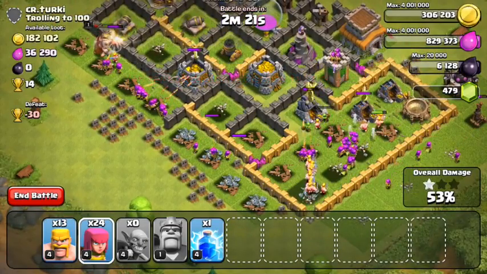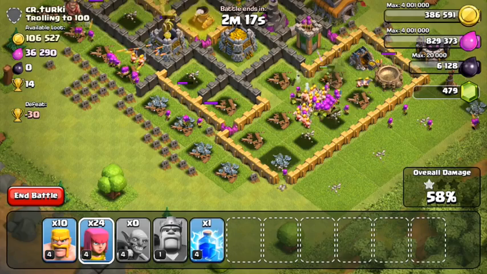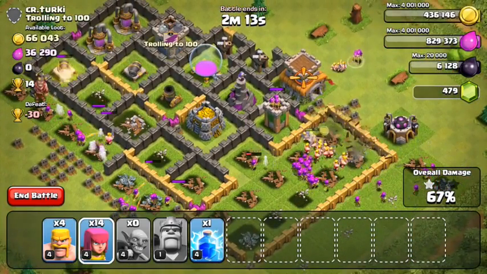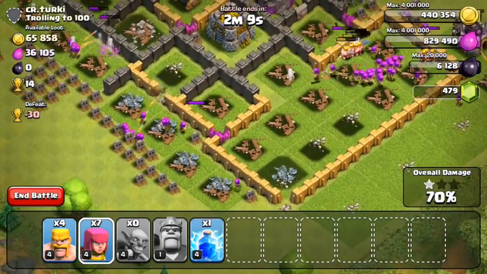And I don't really see too much being inside of those elixir storages. The gold storages definitely look way more full, as well as this guy had way more gold than elixir. So I'm just going to focus those ones down. Hopefully I can destroy that Town Hall as well, get to 2 stars, and I think that should do it